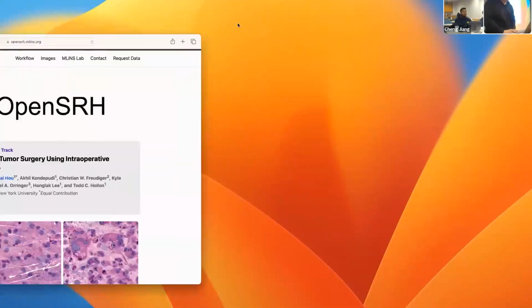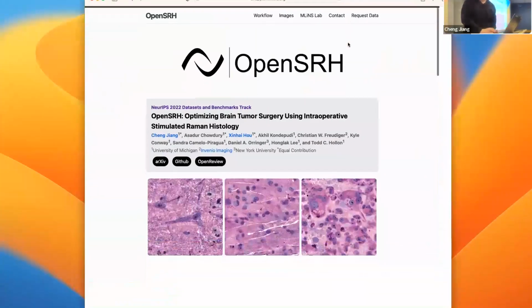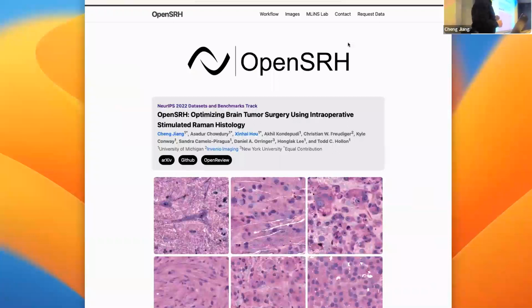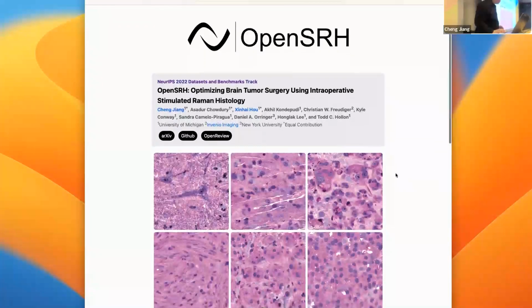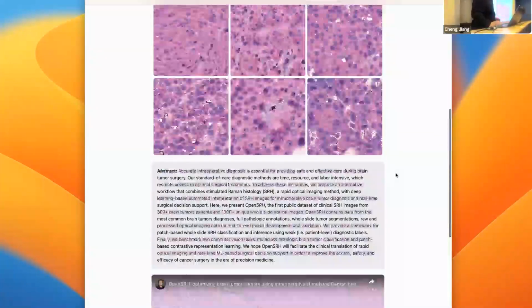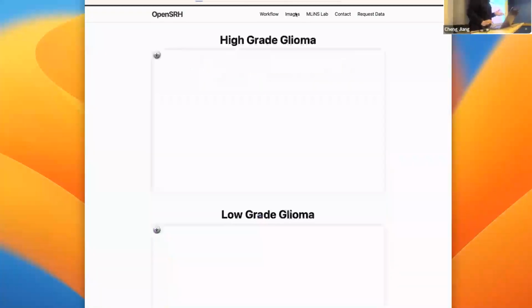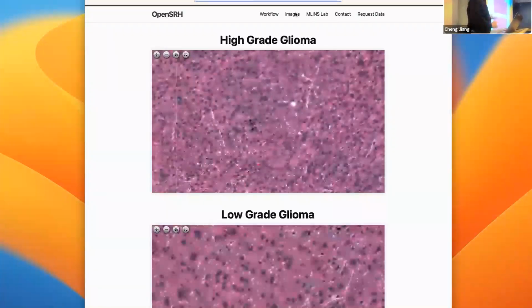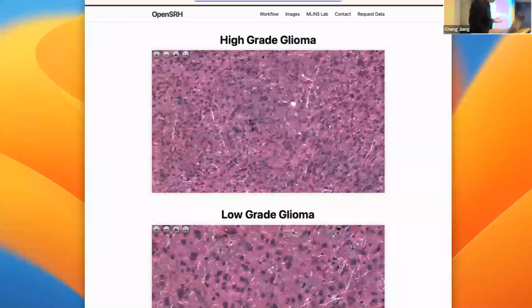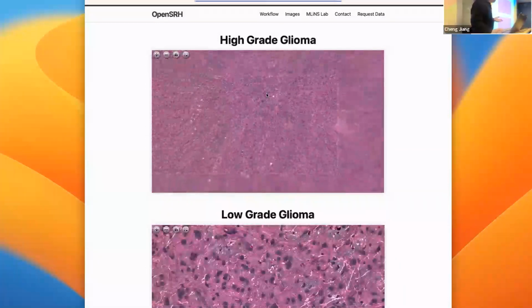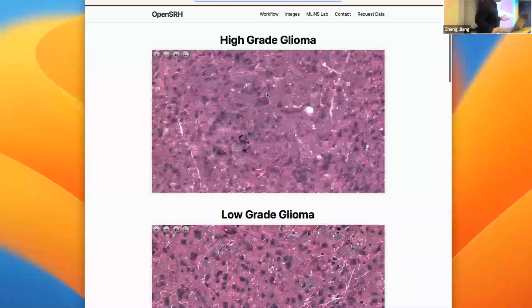Of the website that we have created. So this is hosted on GitHub using a Jekyll template. It basically contains the information about the paper and has some abstract on the front page. What's important about this website is that it has some samples of the images that we can visualize, and you can zoom in or zoom out on some of these images and see the cellular